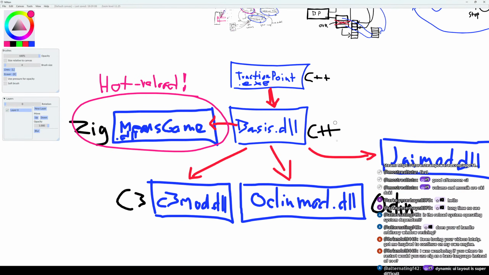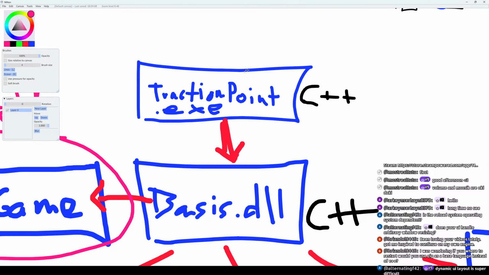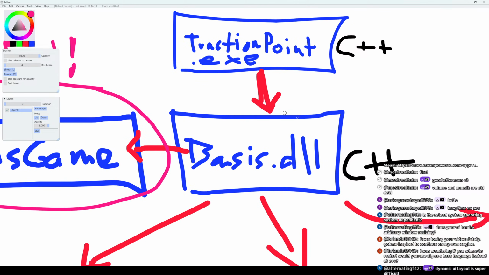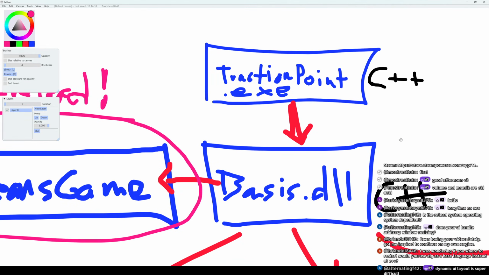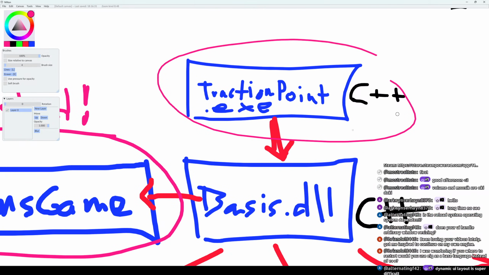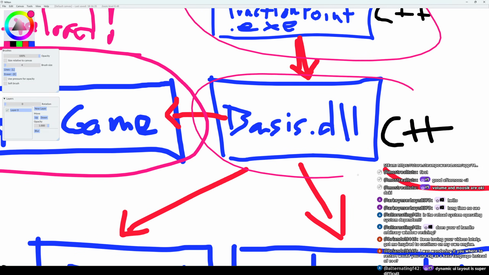So I would still most likely use a bunch of C++ libraries. You can see here that the way this is set up currently is that we have an exe project which is written in C++, and then we have a core engine library which is also written in C++. What I would probably do today if I started with Zig is that the exe project would be Zig, and the core engine would probably also be Zig,